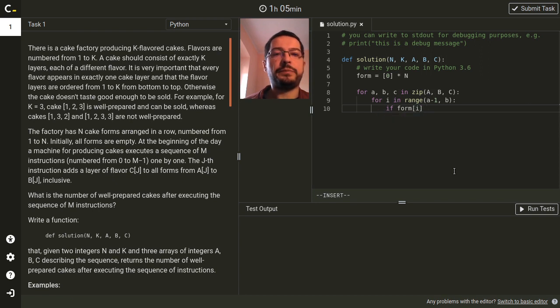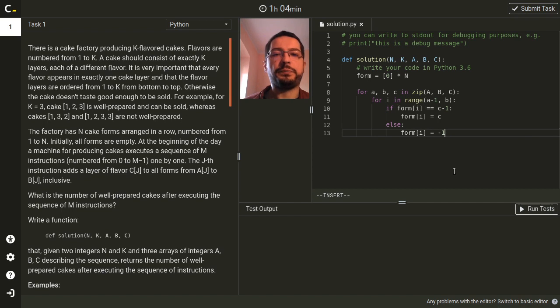If the last layer in this form is one smaller than the layer I want to put in this form, I just change this layer to C, and else I know that this extension is incorrect and this cake will be bad forever, so I put